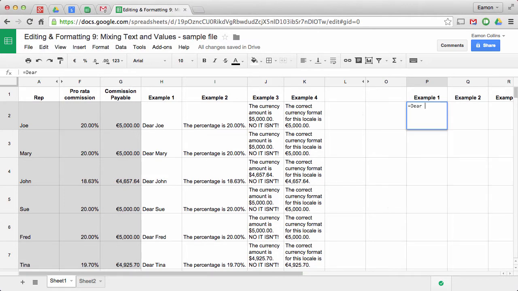So I'm just going to type "Dear" and then a space, and I wanted to have the name of the person or the rep from column A. So as I fill down, I want the name to change to Mary to John to Sue, but the word Dear to remain the same. So I have to tell the sheet that Dear is a string, so I have to put it in quotes, and then I'm going to put in a space, and then I want to join up the value that's held in column A. So I'm going to use the ampersand, which allows you to join two text strings, and then simply A2, and I'm going to press return,